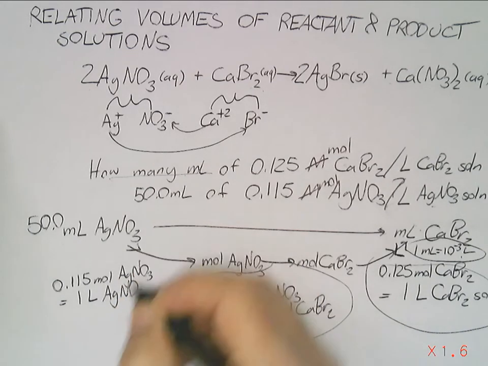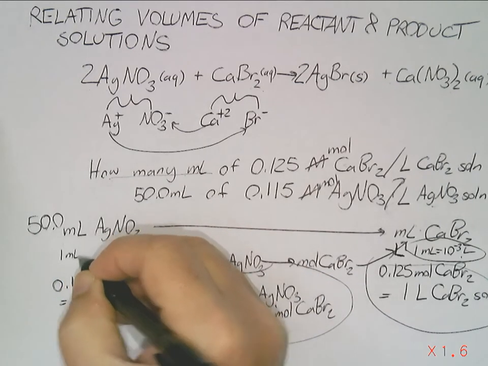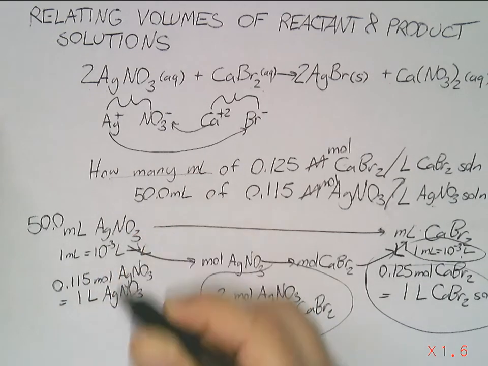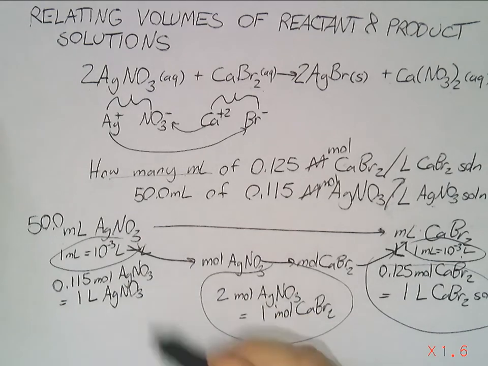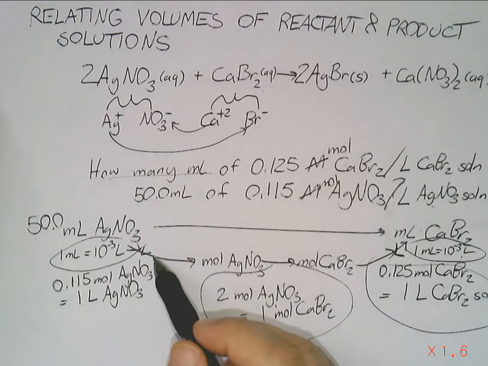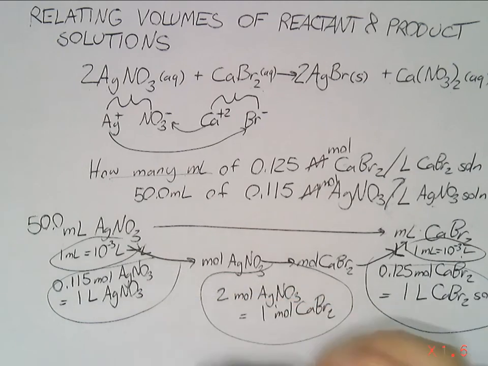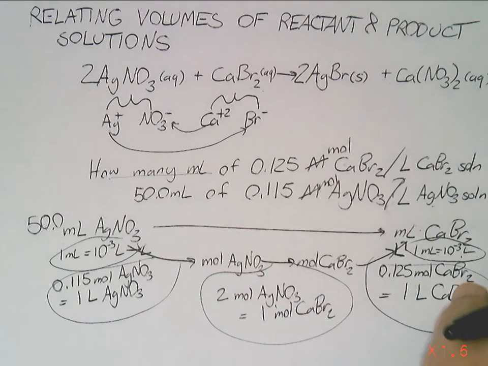And I've got liters of silver nitrate there, so I'm going to have to put in a milliliter to liter conversion here. It's very important that you don't forget the milliliter to liter conversions on the end, because you'll be off by a factor of 1,000,000 in your answer if you do that. If you forget the factors of 1,000, or if you put the 1,000 on the wrong side as well, that'll make you off by a factor of 1,000,000. All right,